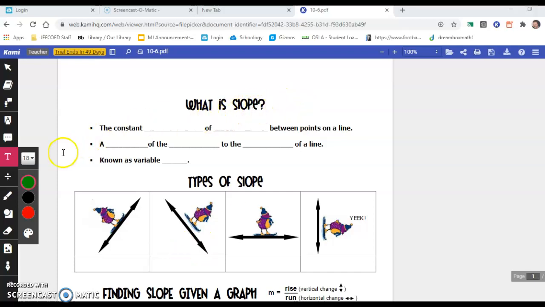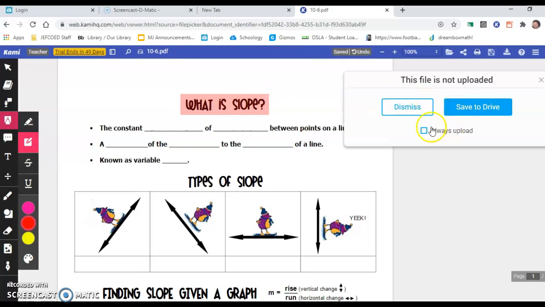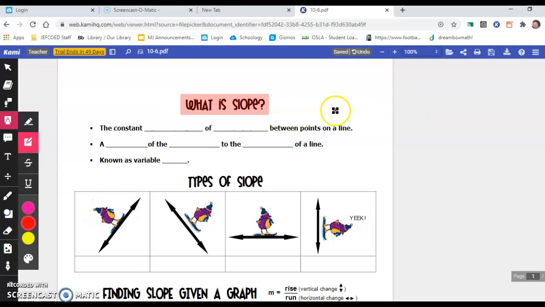All right, so you guys know over the past couple weeks we've been dealing with functions, graphing. We're going to look at the different types of slope and really what is slope. Y'all might have had a little bit of this before, so it may be just a little bit of review. But the first thing that we're going to look at, guys, is the